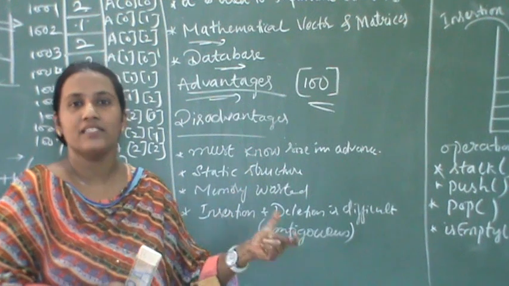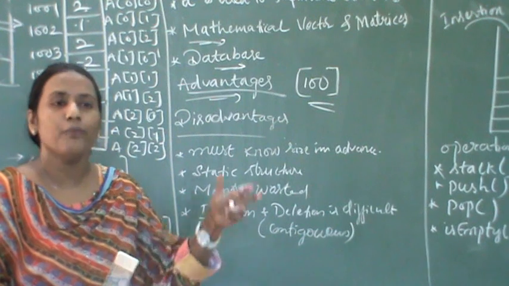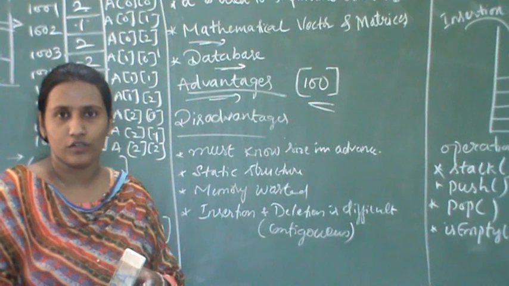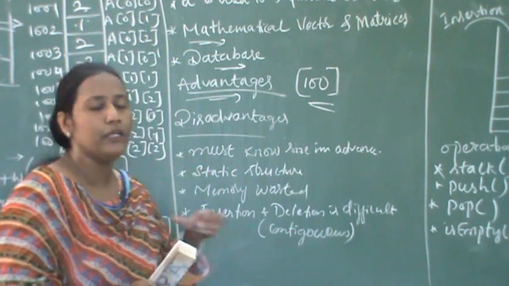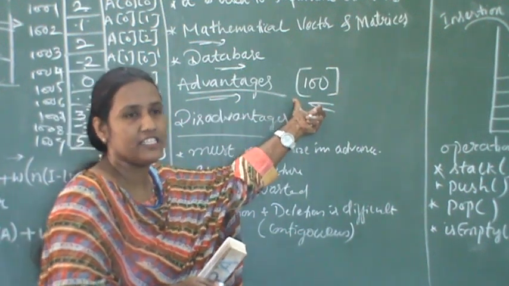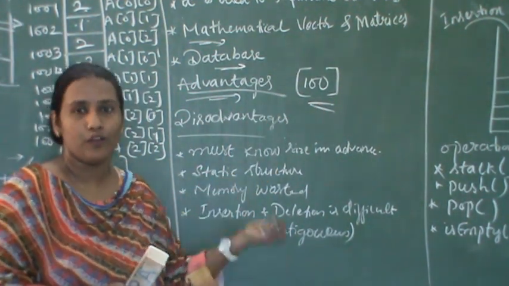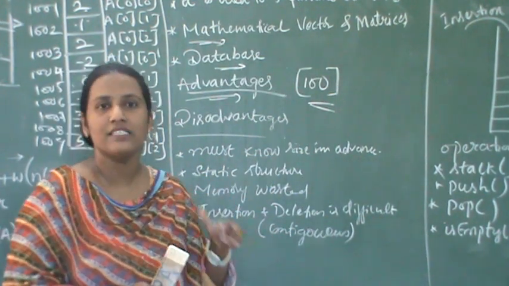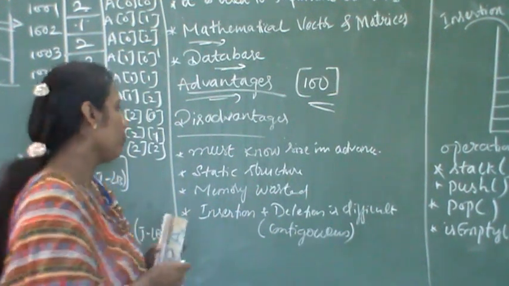But in certain cases, it is not possible to know the number of elements. We can come across many cases where we do not know how much data will be required or how much data will be used. So that is the disadvantage, the first disadvantage. Here the size should be known in advance. But that is very difficult in large programs and in creating big software.